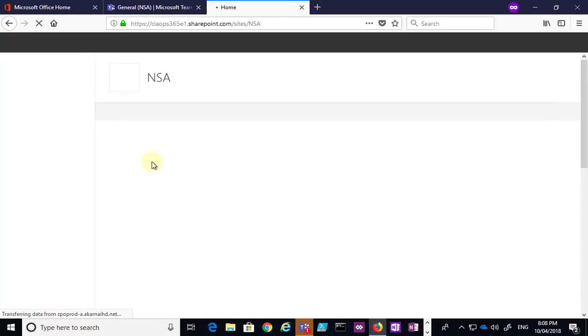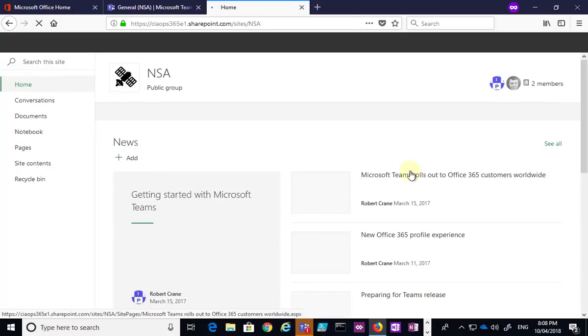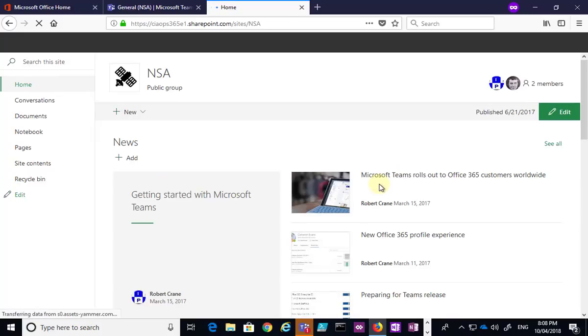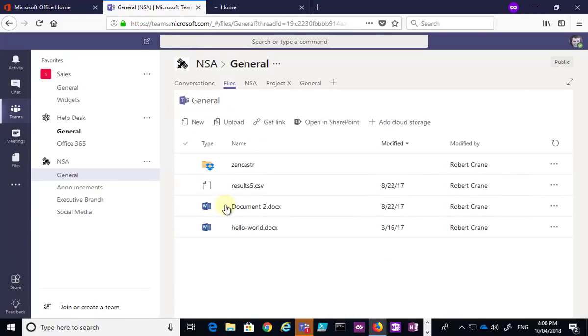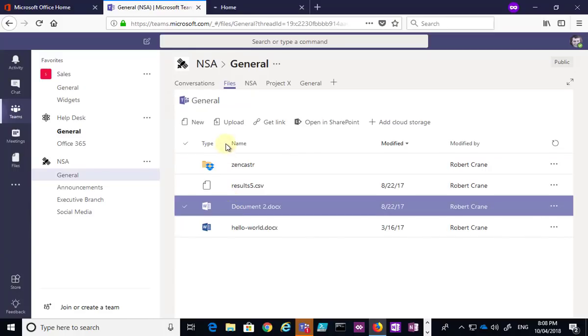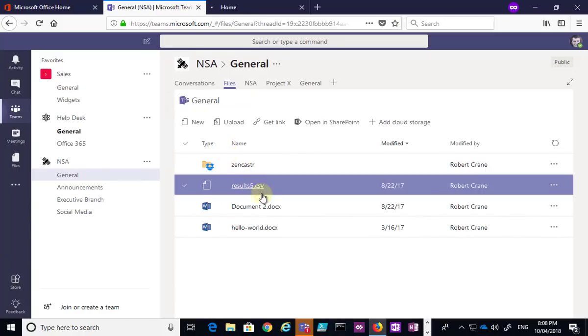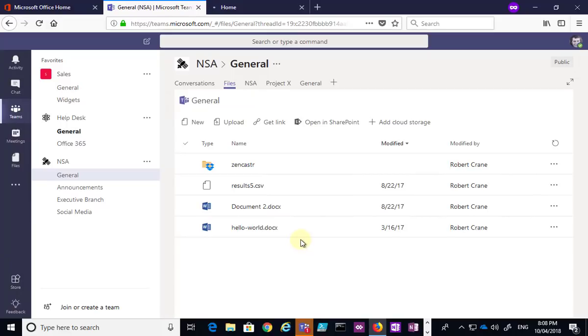I can now go in and start customizing, and I've got news there. I can add widgets. I can build it out. But again, I've got a simplified view here in my Microsoft team, which just focuses on the folder inside that one document library. Now what I can also do with my team, as I mentioned, is if I go to